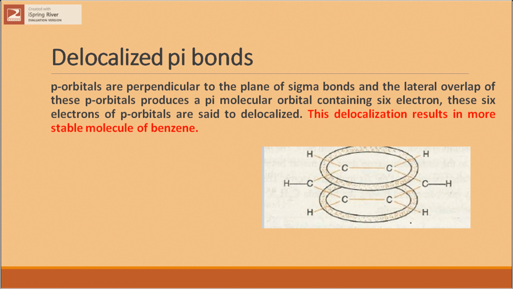So, these are the two different modern theories, that is the resonance theory and the molecular orbital theory, for the structure of benzene. In the next lecture, we will discuss